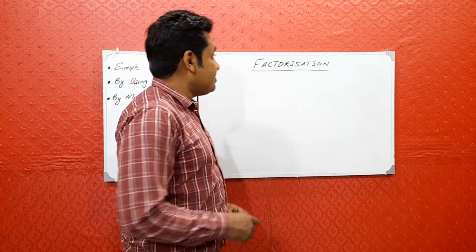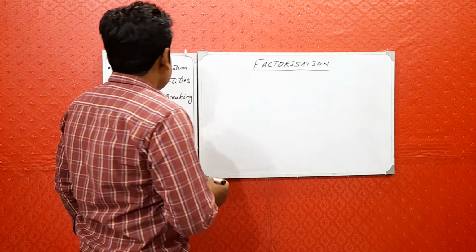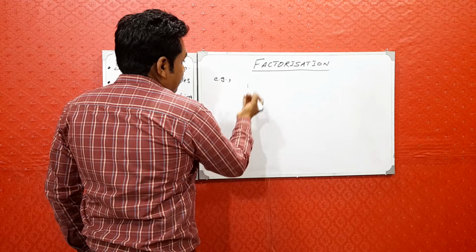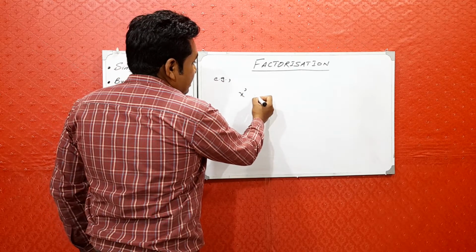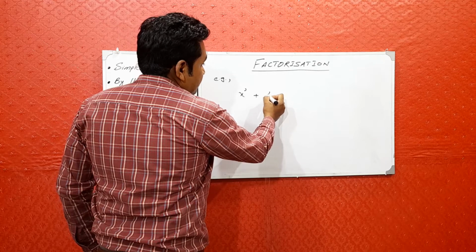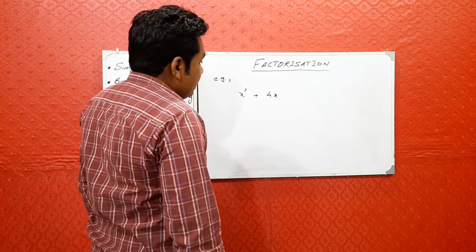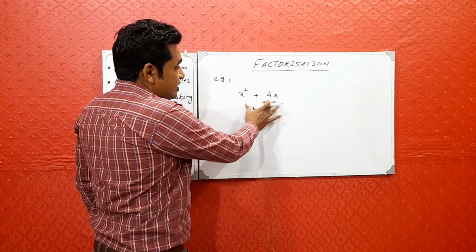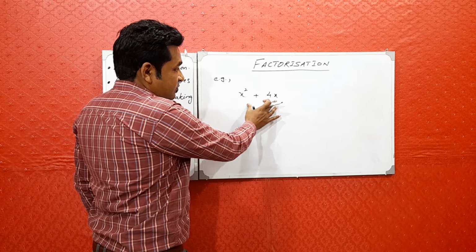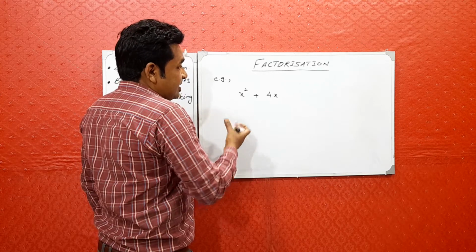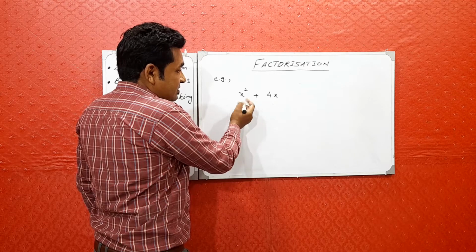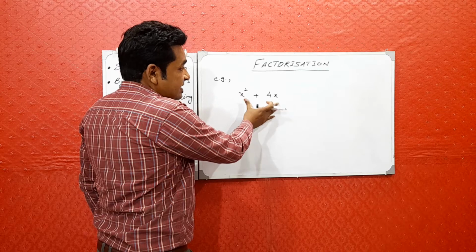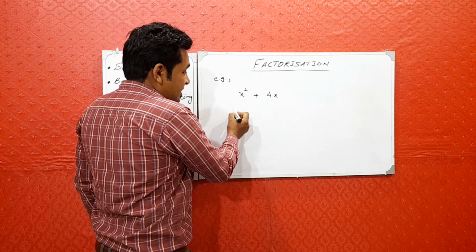Let's take first examples of simple factorization. For example, if we have a question like x squared plus 4x, two terms are given. You know that in these two terms x is present in both terms. First of all, you should know how many terms are here. In this expression there are two terms, and these two terms have x common in them. So when we take x common,